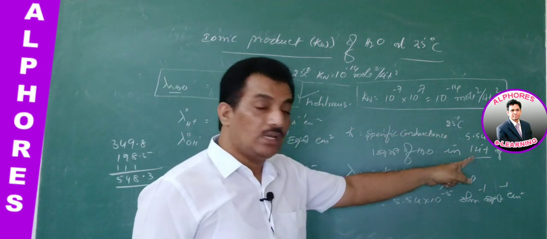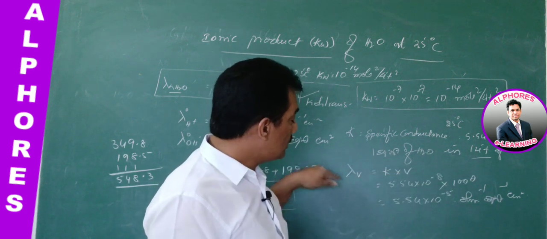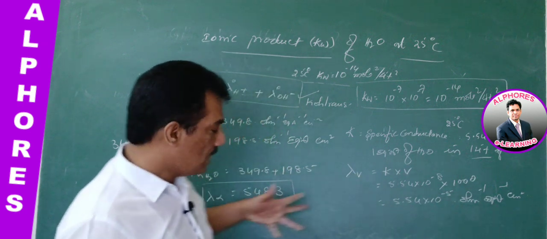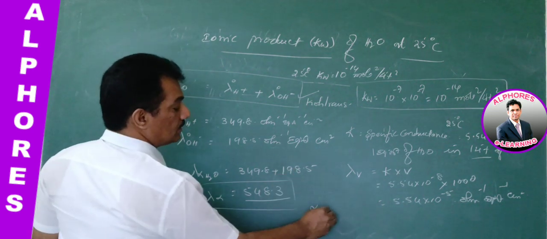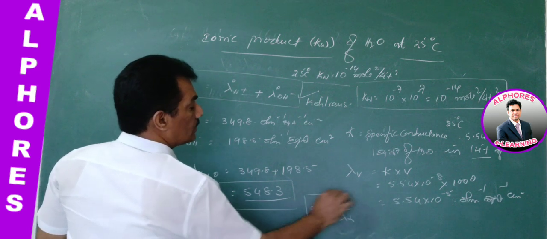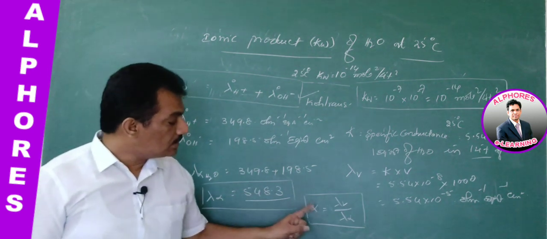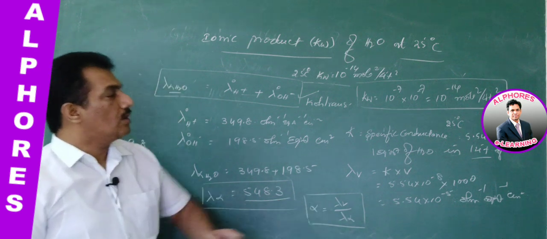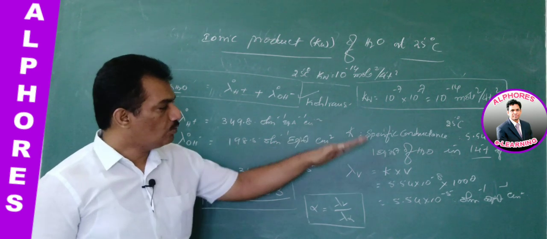Now we are having these two values. Lambda infinite we know, and when one equivalent weight is dissolved in 1 liter, what is the concentration? 1 normal. Concentration is unity. So in such a case, lambda V is also known. And just now we discussed alpha. What is alpha? It is nothing but lambda V by lambda infinite. After getting this alpha, that is the degree of dissociation of water, how can we get the concentrations of H plus and OH minus? Are you following all these?